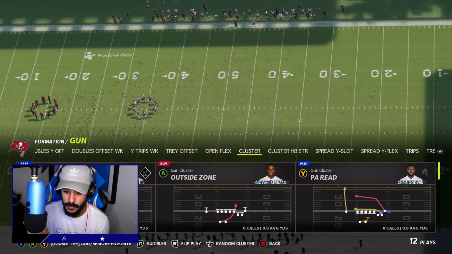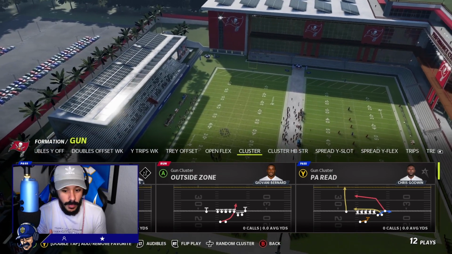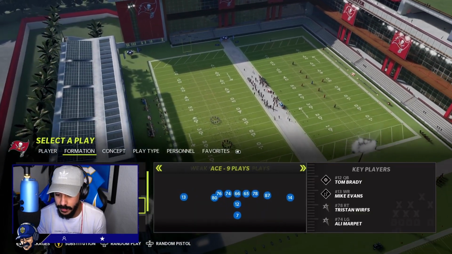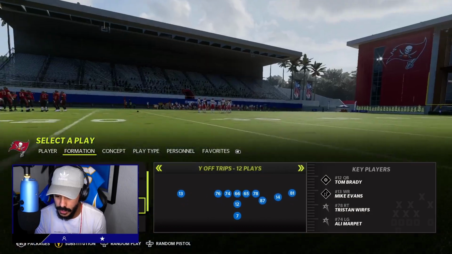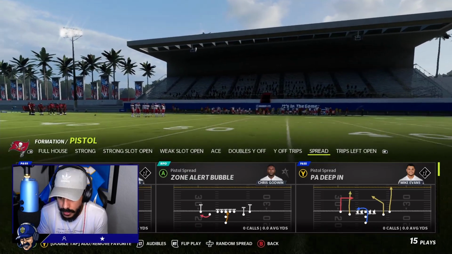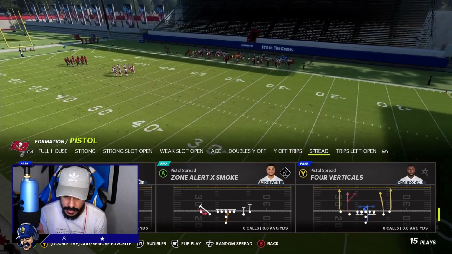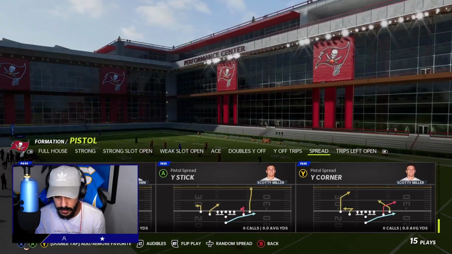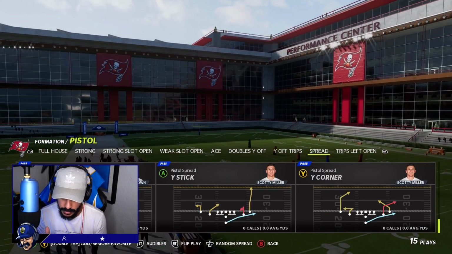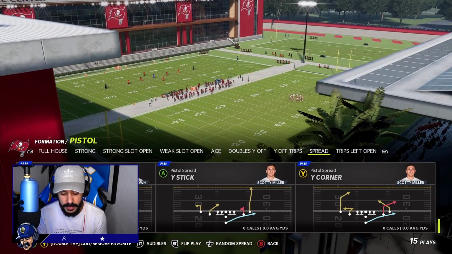As you guys can see, we are in the Arizona Cardinals offensive playbook. There were two formations that I was thinking of doing. As you guys can see by the title of the video, we're going with the gun cluster, but this pistol spread looked all right. I mean, it has some pretty good plays and some decent plays that are only in this playbook. For example, this Y cross is only in this playbook. This Z under looked pretty good, and I think this Y corner also looked pretty good,